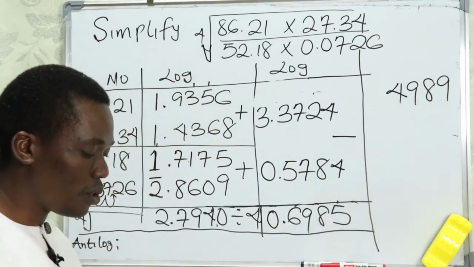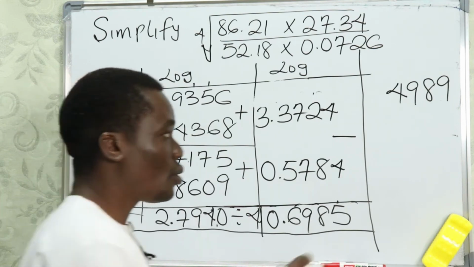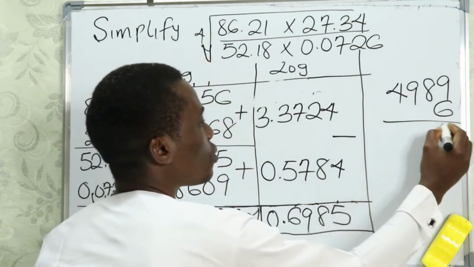That's what is going to give us. So we're going to look at that of difference 5. Difference 5 is going to be 6. So adding these two values, this will give us